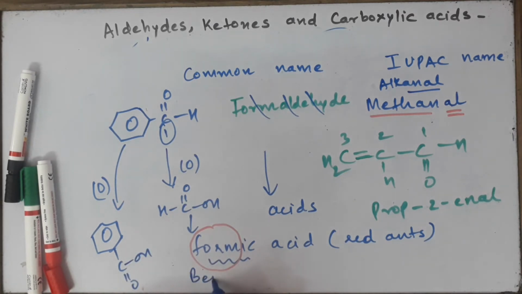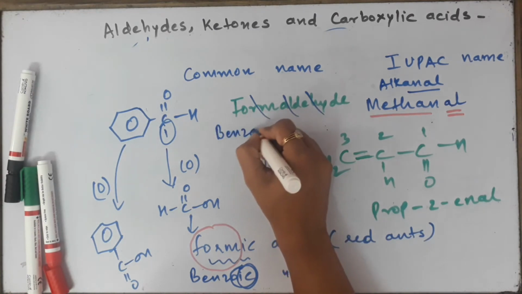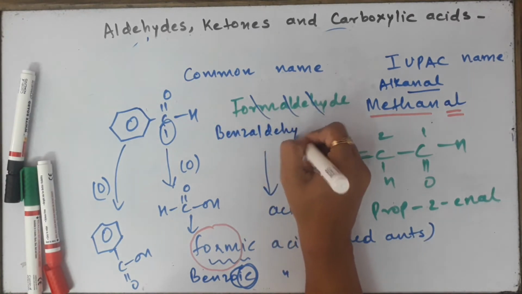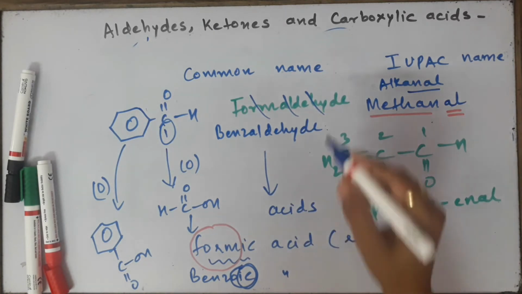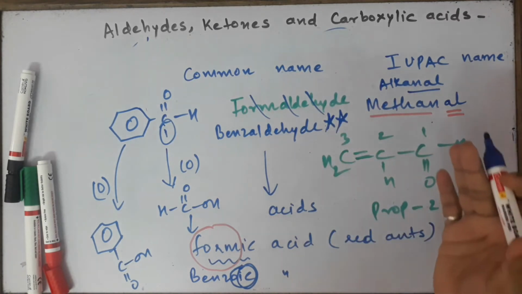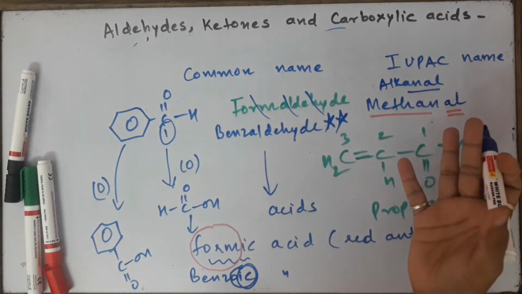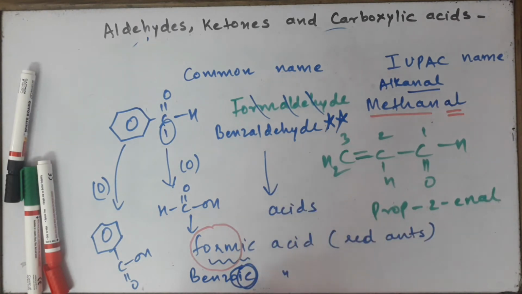So when I look at the name of benzoic acid, I'll just knock out the OIC. I'm going to completely knock out the OIC, and the name of this compound in the common name is going to be benzaldehyde. Look at that. It's also the IUPAC name. So benzaldehyde is not only the common name but also the IUPAC name. There's one more IUPAC name of such compounds which I'll just show you.